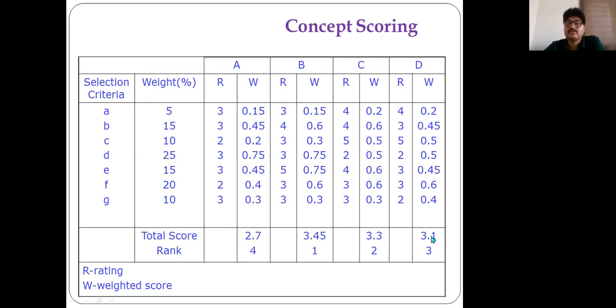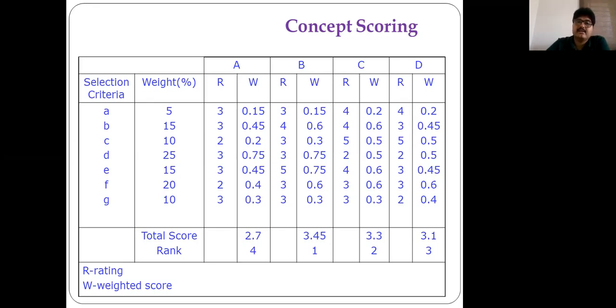Based on this particular total score, you'll be able to rank the concepts. Previously, we rated the concepts. Now we are ranking the concepts. With that, you will give first preference to concept B, next preference to concept C, third preference to concept D, and fourth preference to concept A. When you want to proceed further, the winner concept among all these four concepts could be taken as concept B. That could be taken further by you to the next level of the development process.